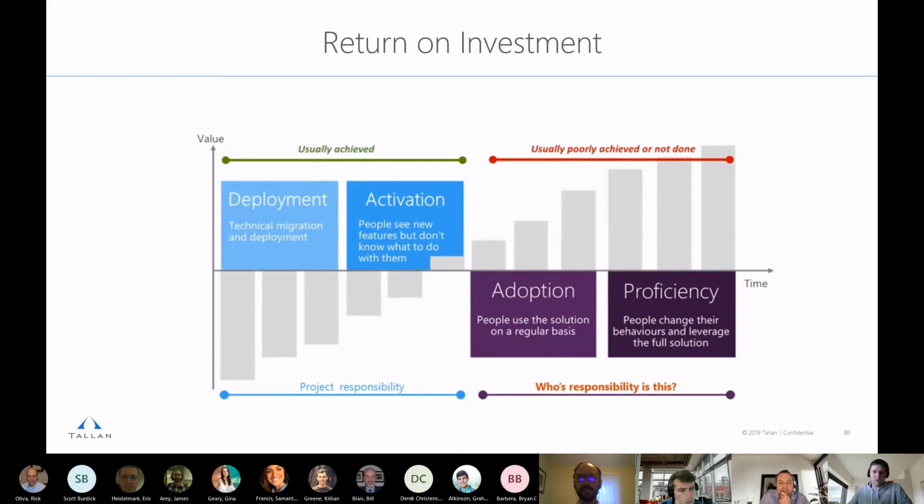Now in the middle third here, we have support. So this is where you help the users create the solutions and you put in place the framework and the infrastructure and just provide them the guidance to do some things on their own. So that's where we're at the activation and some adoption there. And then finally, the final third, the final stage, is business users support each other. So they are actively in the solution, they're proficient with the solution, they have ongoing trainings with Power BI, and they're able to proficiently use Power BI. So that is the goal and what Power BI adoption kind of looks to get that return on investment out of.